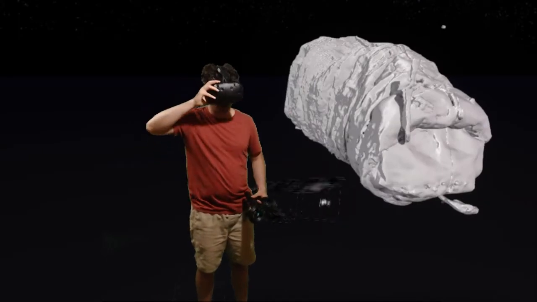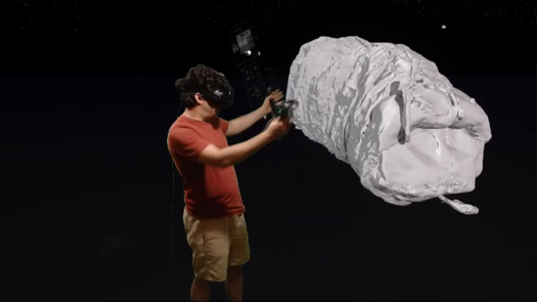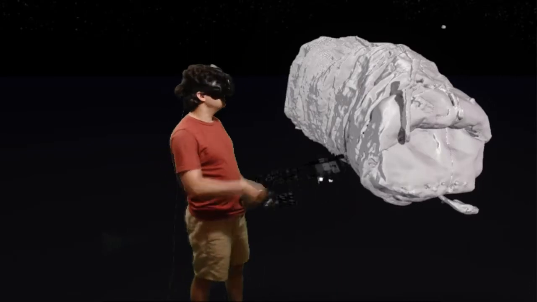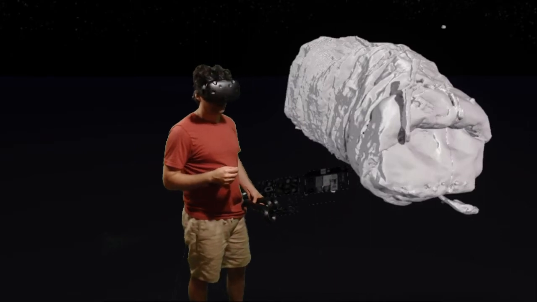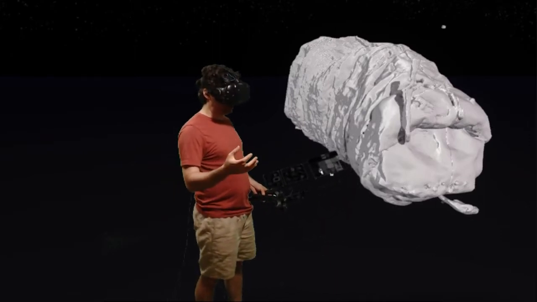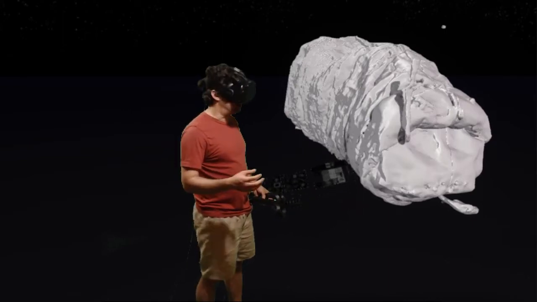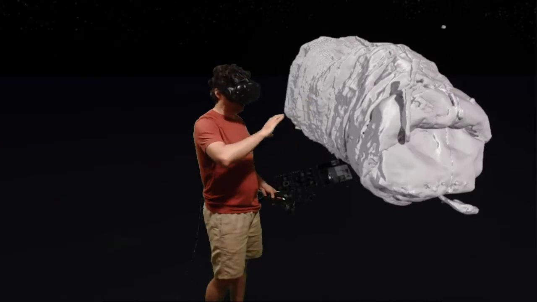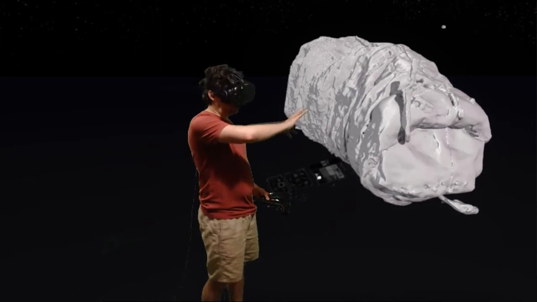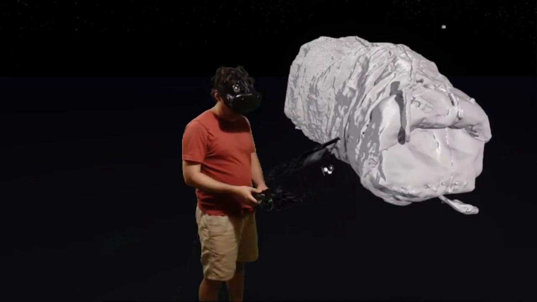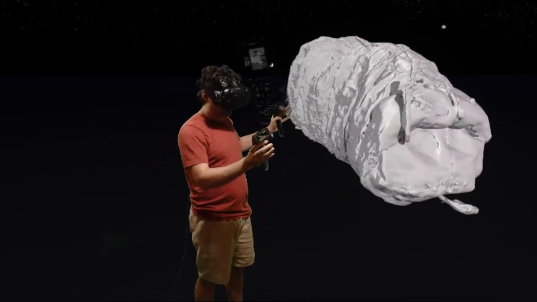Hello again. So what I have done now is I've loaded a scene in Tilt Brush into which I've brought this model. And what is this? This is a model of a larva of the fruit fly, Drosophila melanogaster, that I've created with data that I got from a micro CT microscope, which is X-ray tomography, and allows you to scan a specimen through and through with X-rays and reconstruct the 3D structures inside and out. And what's really cool is now that I have this model, which is a true to life representation of what's